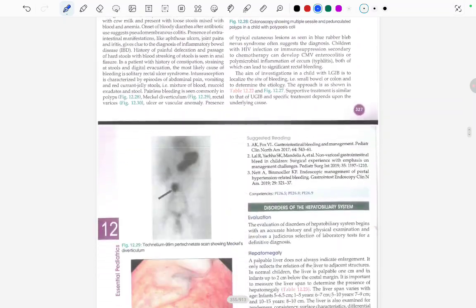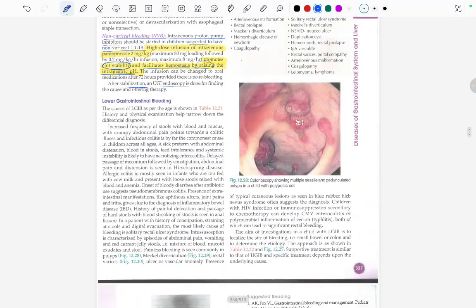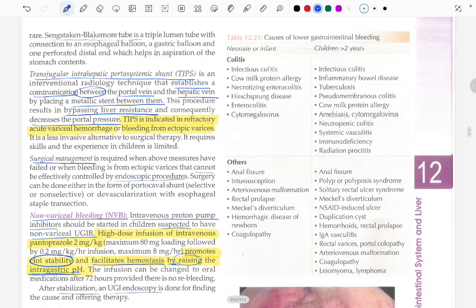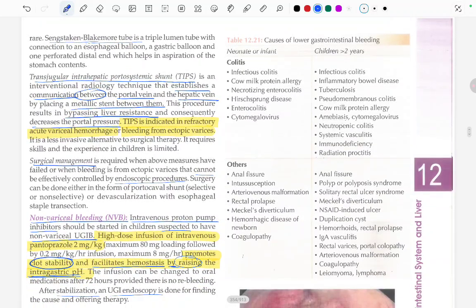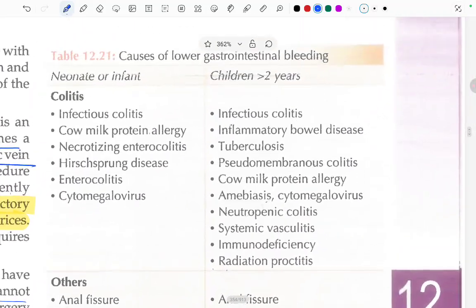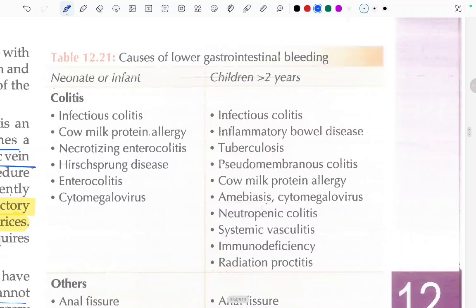Now coming to the lower GI bleeding. First let's read the causes of lower GI bleeding in neonates or infants and then in children. First, in neonates, most commonly it's colitis. It can be either infectious colitis or cow milk protein allergy or necrotizing enterocolitis or Hirschsprung's disease or enterocolitis or cytomegalovirus. Now in children more than 2 years of age, it can be infectious colitis or inflammatory bowel disease